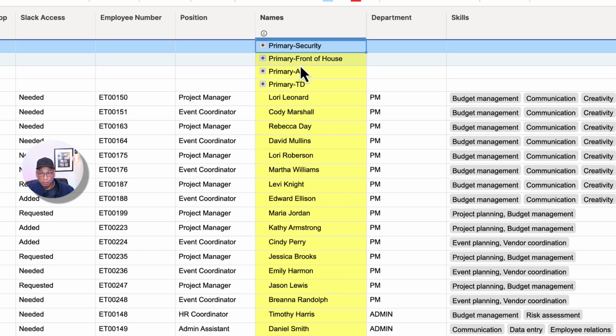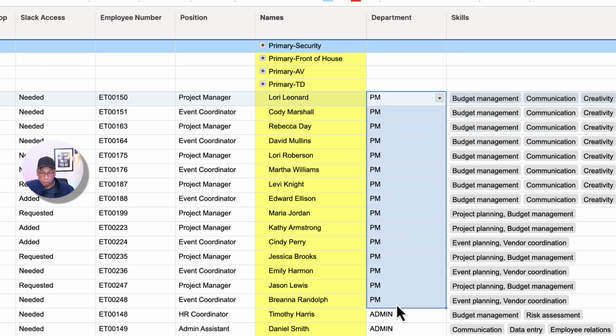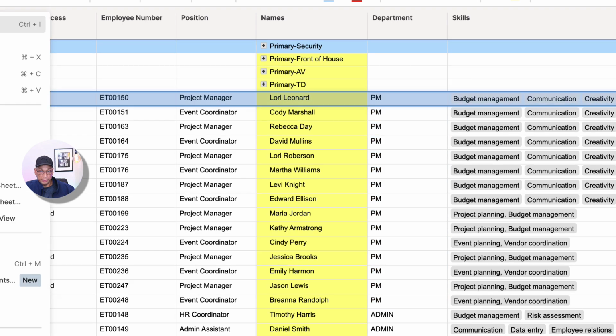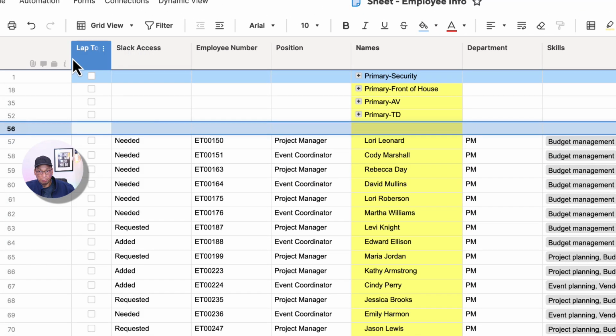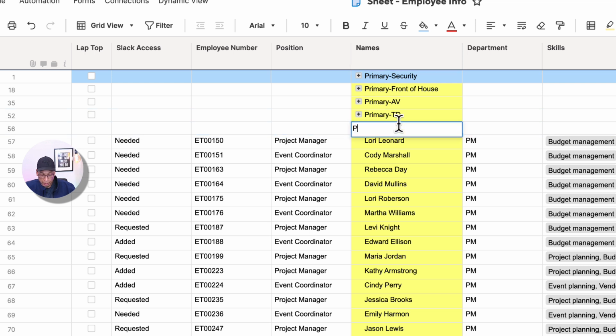And the same thing with front of house and AV and TD. Now, if I wanted to create a grouping for these PMs, I would first of all need a row that's going to be the parent. So I would click on this, right click, and do insert a row above, and I'm going to give it the name. I want to call it